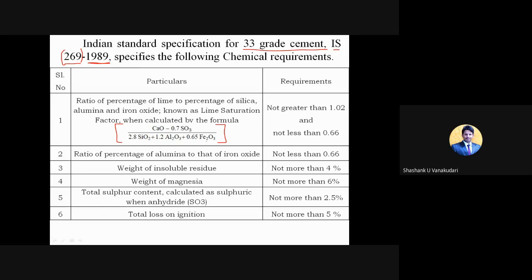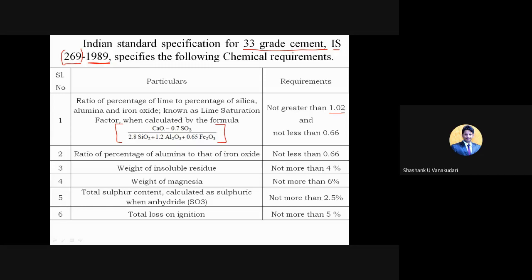So like that, whatever the percentage you will get after the conduction of the test, you need to substitute the values of these in this equation. Here 0.7, 2.8, 1.2, 0.65, these are the constants, nowhere it is going to change. Only the percentage of these chemicals will change. So once you substituted the values in this equation,